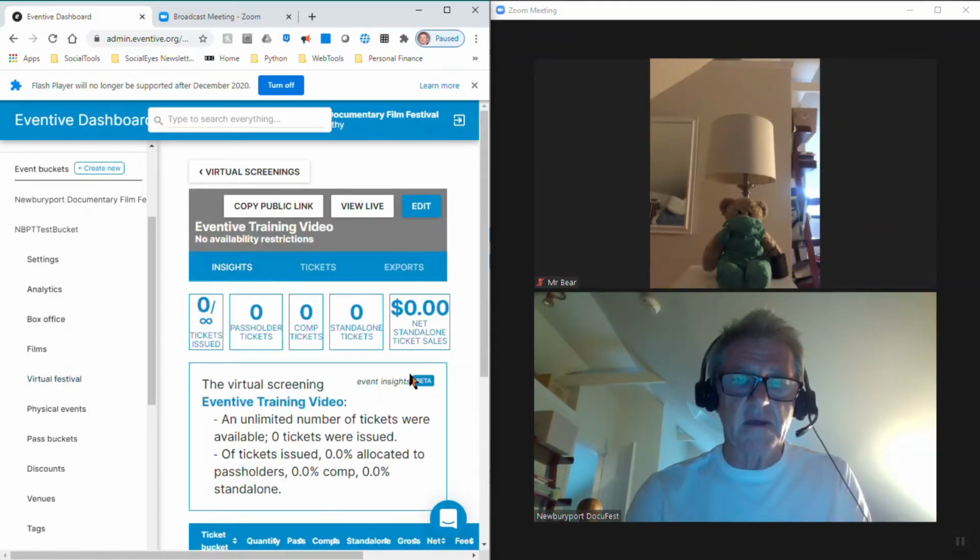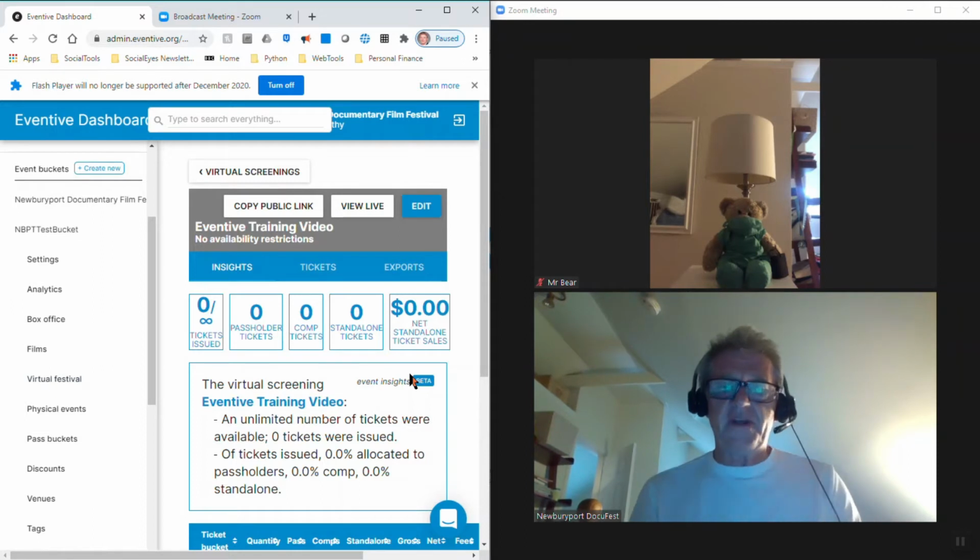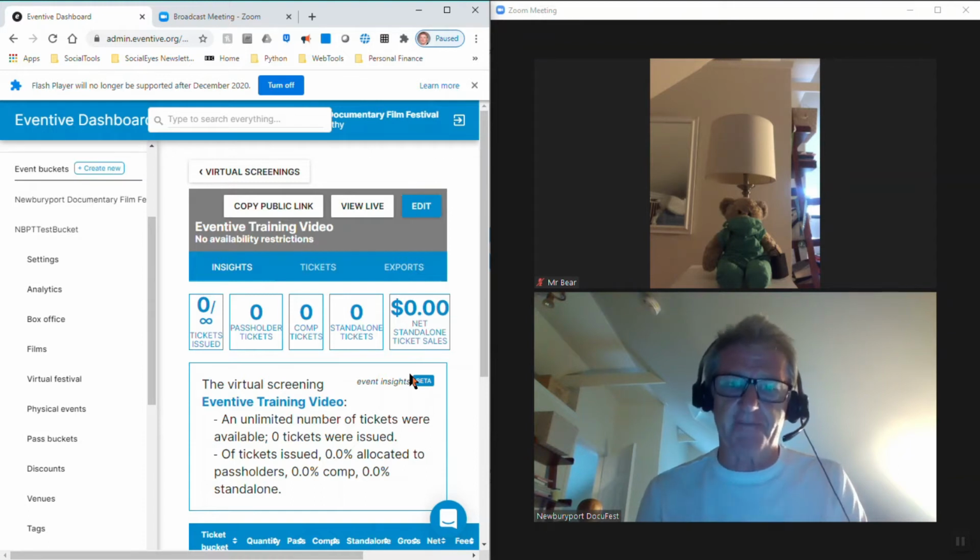We view. What we need is the watch window. This is the window that the audience is viewing. In fact, this is set up from the moment you schedule the event, so you can copy and paste this in advance if you want to. The danger is if you have a database of all the live watch windows, if you take the wrong one, then this event and that event is messed up.